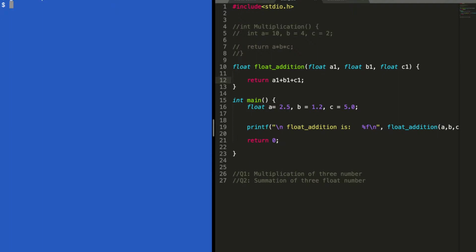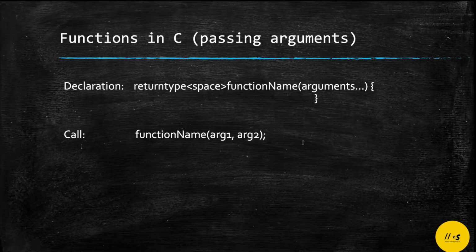So once it is compiled, an a.out file will be created, and I'm going to run a.out and see the same result, 8.7. So it is good practice to pass these values to the function. Now moving on to the next part,